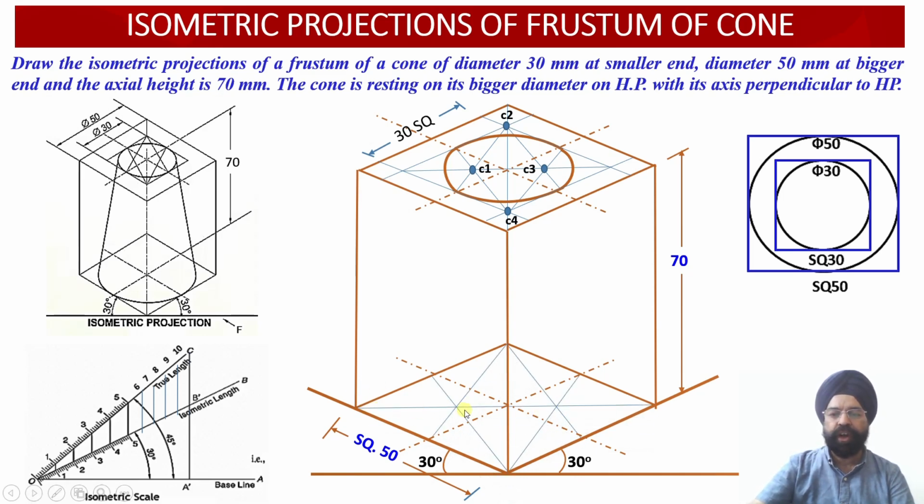So we have a square of 50. The square of 50 is represented as a rhombus in the isometric projection. Now once again we have the major diagonal and this one is the minor diagonal. So our focus is once again on the minor diagonal. We have obtained the midpoint of all the 4 edges of the square having an edge length equal to 50 millimeter. Now from each corner of the minor diagonal, so there are 2 ends of the minor diagonal,